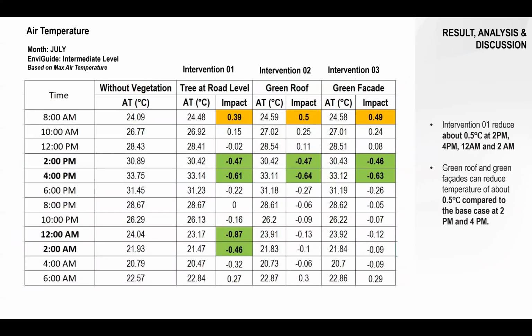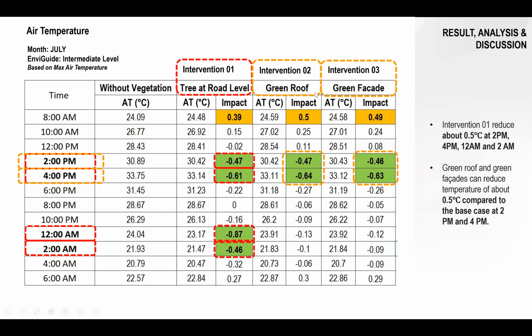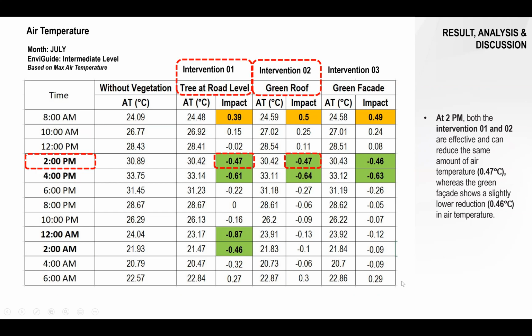If we look in more detail, for intervention one, which is trees at road level, we can see that it can decrease the temperature about 0.5 degree at 2 p.m., 4 p.m., 12 a.m., and 2 a.m. And for intervention 2 and 3, it can reduce about 0.5 degrees Celsius at 2 p.m. and 4 p.m. And if we consider the condition at 2 p.m., we can see both intervention 1 and 2 can decrease the air temperature about 0.47 degrees Celsius, and the green facade 0.46 degrees Celsius at